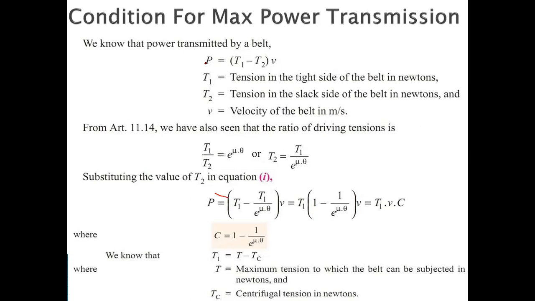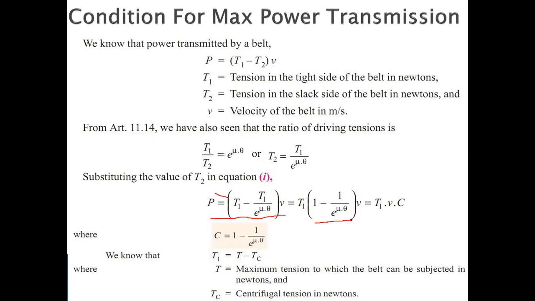So the equation of power becomes P is equal to T1 minus T1 divided by e raised to mu theta, into V. Taking T1 as common, we have T1 into 1 minus 1 upon e raised to mu theta, into V,